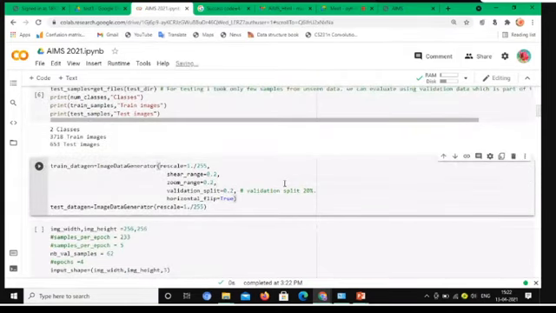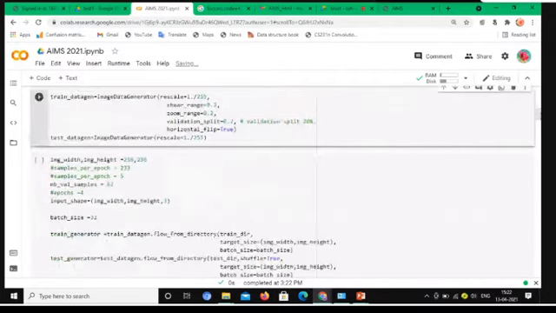Next is the training data generator. If we give some images for training, it will modify the images to train the data, so for that we use ImageDataGenerator. It will rescale during the training process and apply zooming and shearing. The validation split is given as 20 percent. For the testing part, there is no need to give augmentation. These functions are called augmentation.